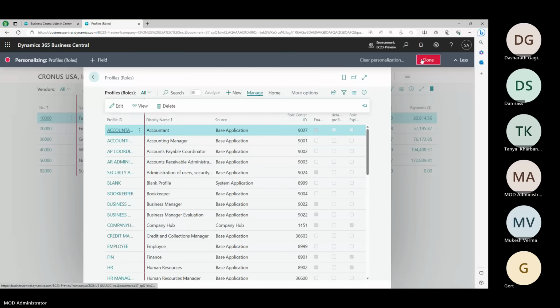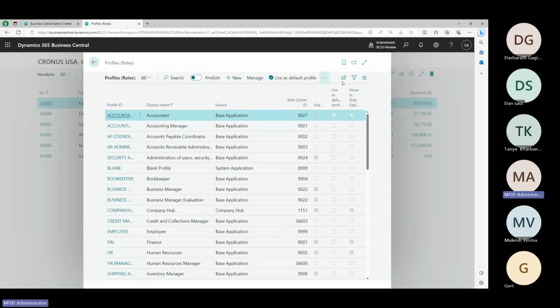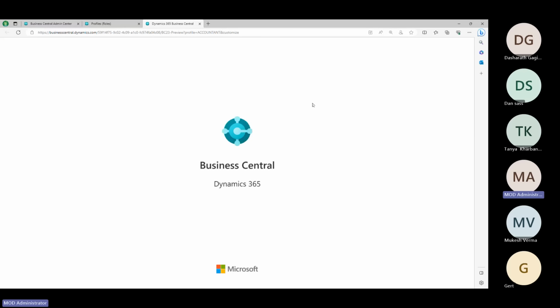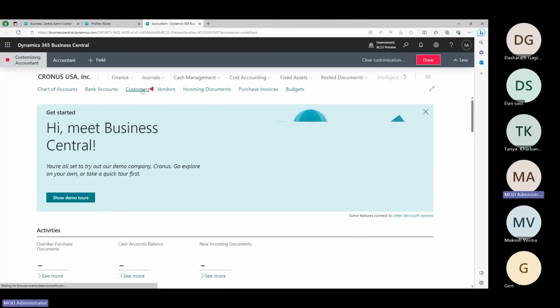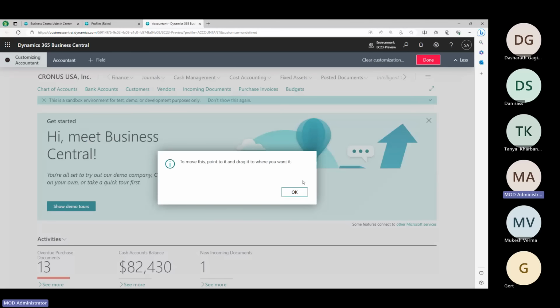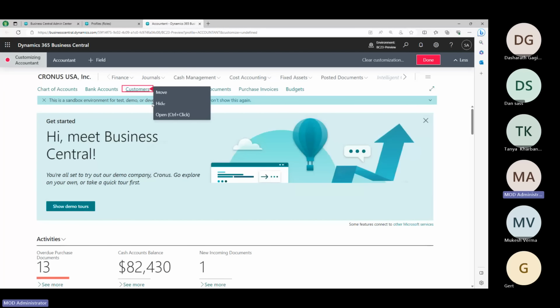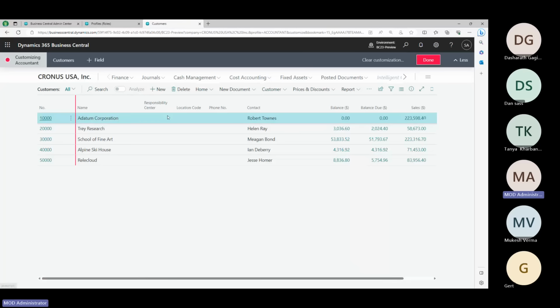I should be done with this. And then from here, you can choose to customize pages, which opens a separate tab into the customization mode. And then it records all your changes into an extension, which is stored inside the application. But if you utilize that option to lock fields using personalization field, then profiles, then that'll apply to every user who uses that profile. So just to change a field editability, you don't have to come to